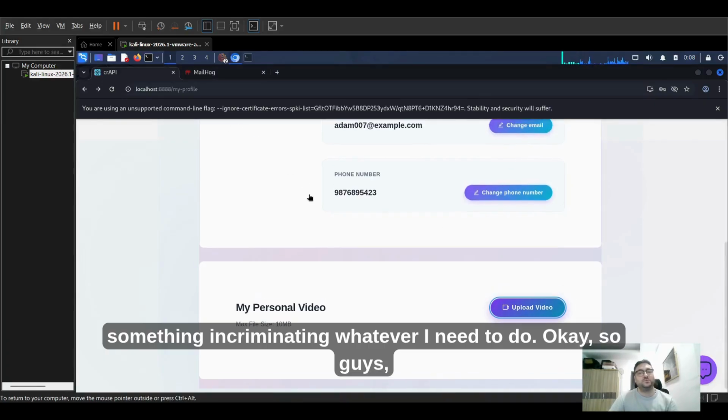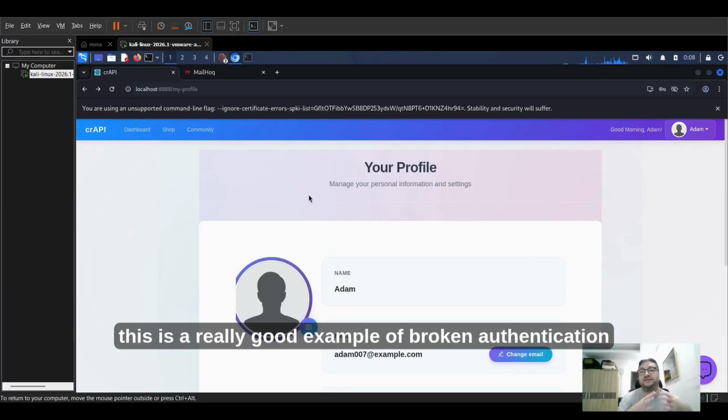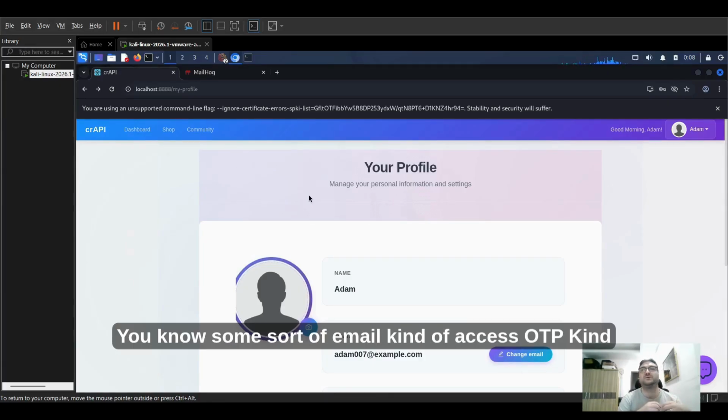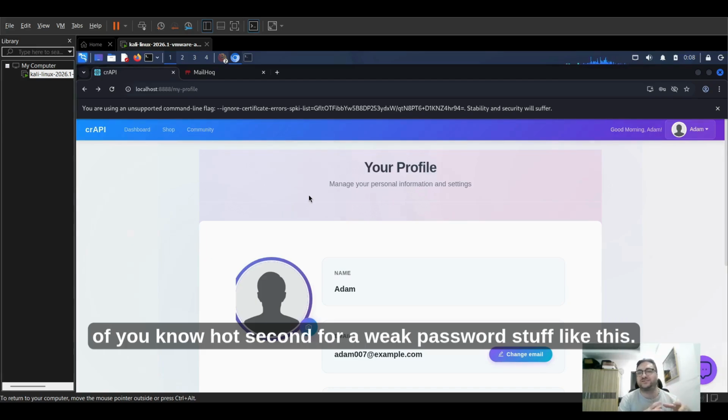Okay. So guys, this is a really good example of broken authentication. If I'm able to access some sort of email, access the OTP, check it for weak passwords, stuff like this,